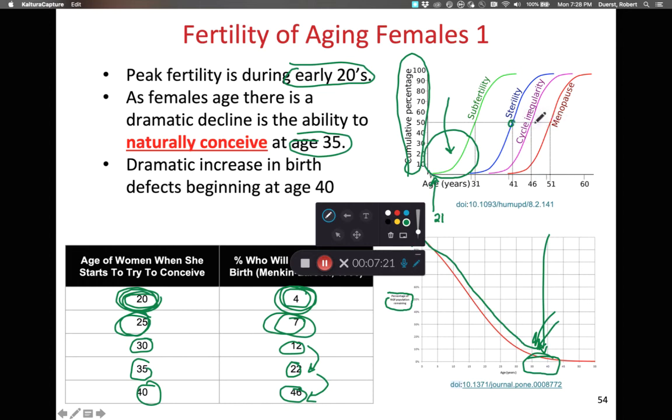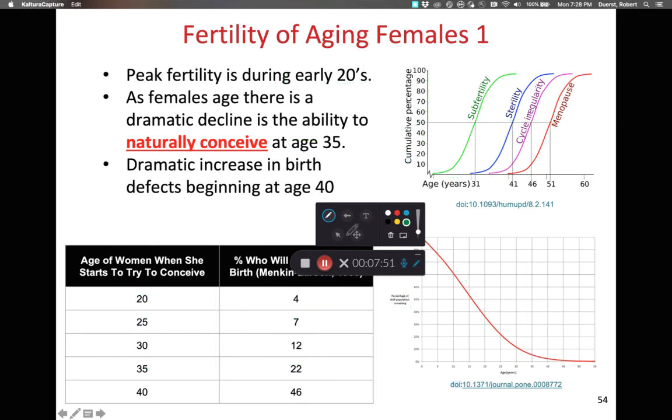At the age of 46, approximately 50% of females are having some kind of irregularity to their monthly cycle. And according to the data mined for this particular graph, you can click on the link to go to the source material. By the age of 51, 50% of women have reached menopause. And by the age of 60, we're looking at about 100% of women completely ceasing menstruation or having reached menopause.